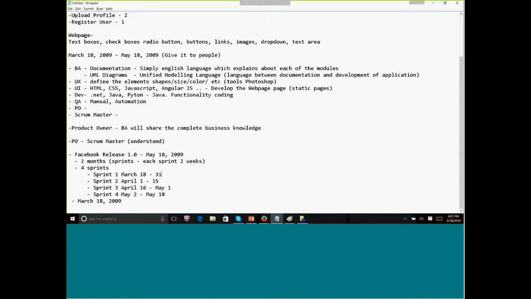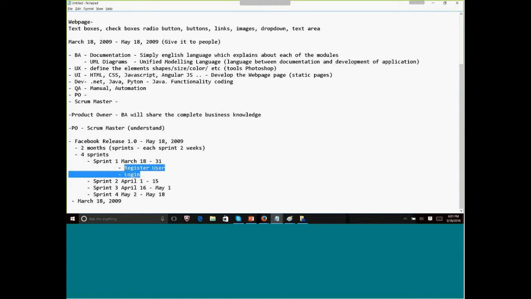Once they identify that, now they have to do a sprint planning for sprint 1, right? So in sprint 1, what are the modules which we have identified? We have identified register user as one module, and login module, right? So for this, they will start doing the brainstorming session. So the Scrum Master will ask how many days you require to complete the register user.